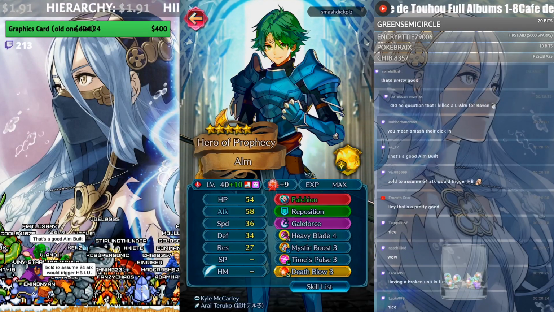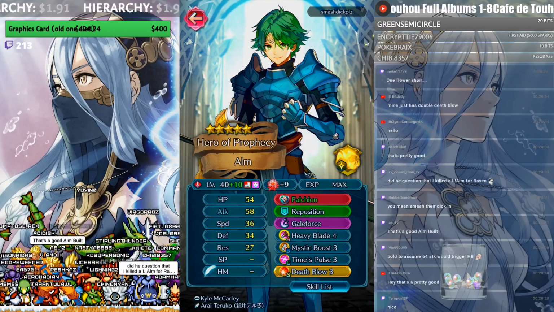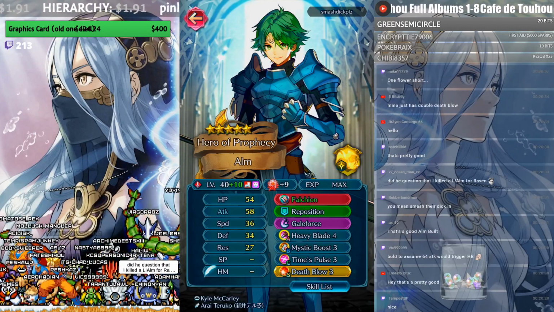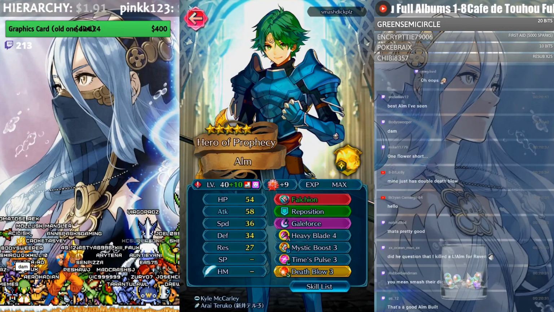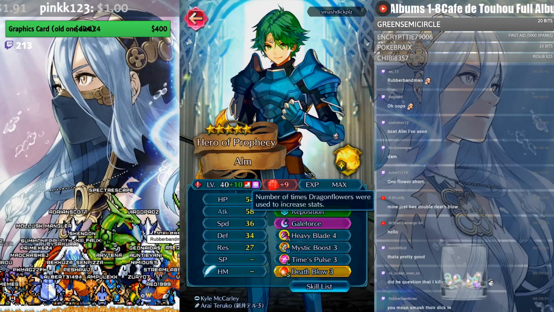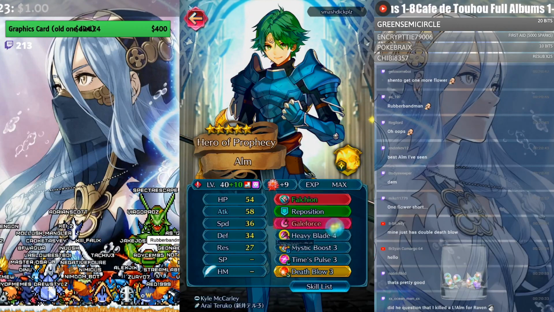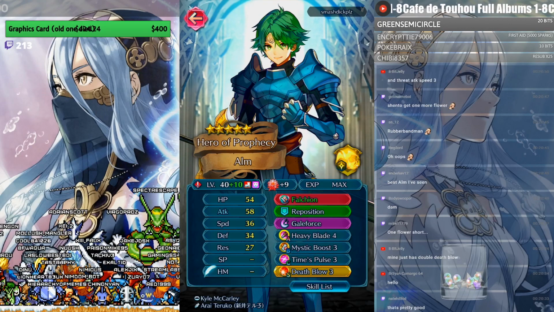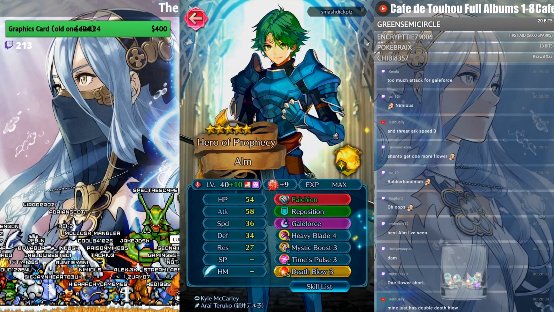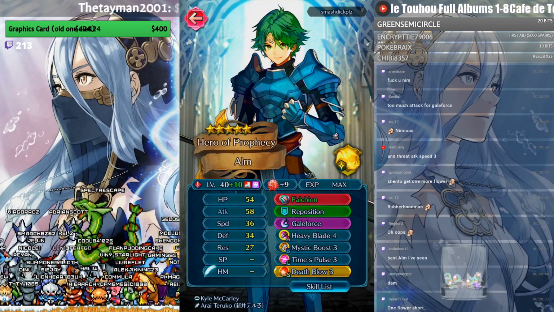This is literally how you build Alm to his maximum. This is basically it. There's nothing else to do. Perfect build. I like it. Except I can't feature you because you're missing a flower. Haha. Oh man, if that's how things work. I mean, that last flower is for res. The only thing that potentially could be changed is using the Swift Sparrow Seal to have a little